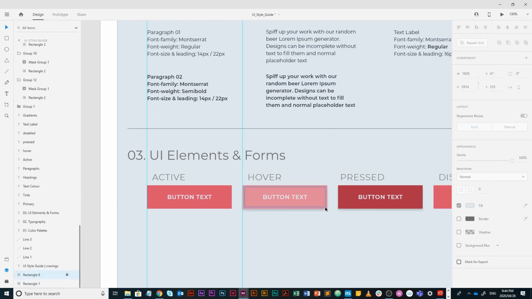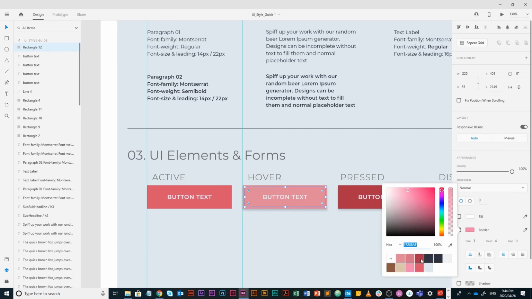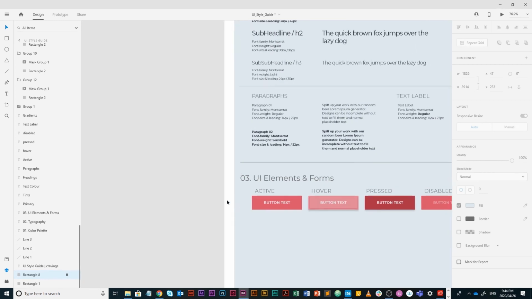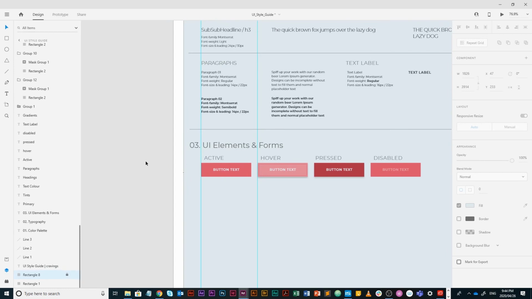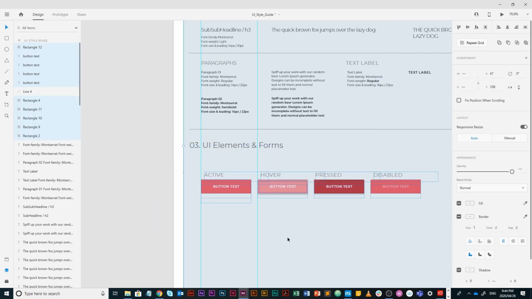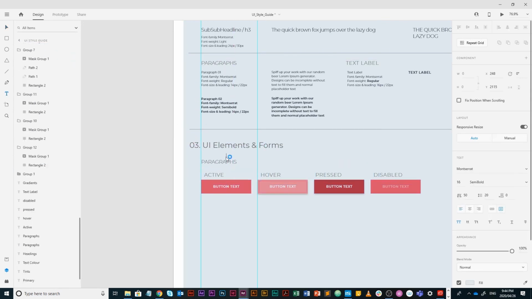Okay, and then maybe this border is then our normal color. All right, so that's our hover. So it's a slight color, it has a drop shadow, pressed is darker, and disabled is just text. All right, so this is our first set. Now let's just label this properly. So I'm just going to drag this down, and this is going to be, let's say, our